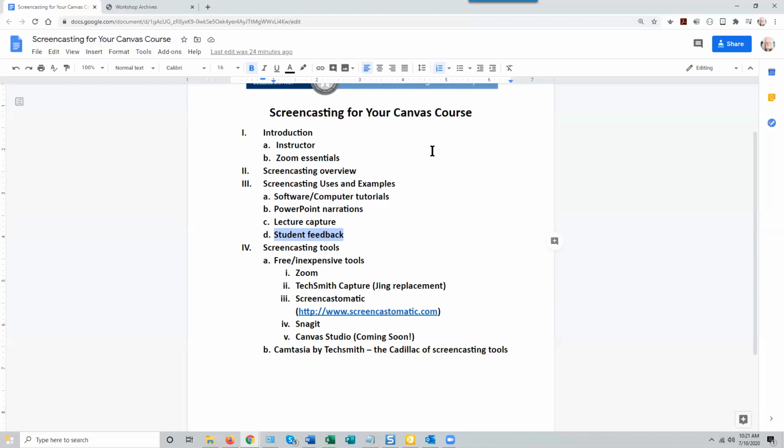provide students with feedback that's almost as good as having the student sitting next to you in your office with their work on your desk and a blue pencil, and you give them individualized feedback on how well they did and how to improve their work. That type of interaction is just pedagogical gold for the students, and it's something with a screencast you can do